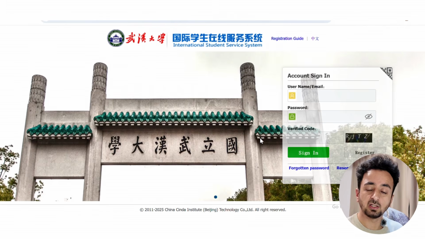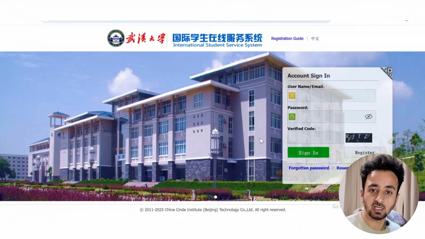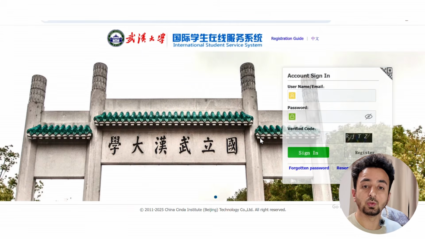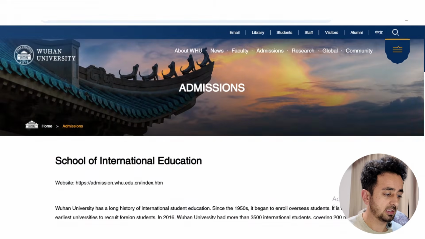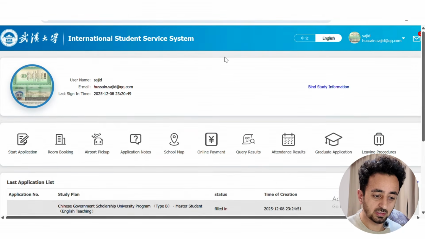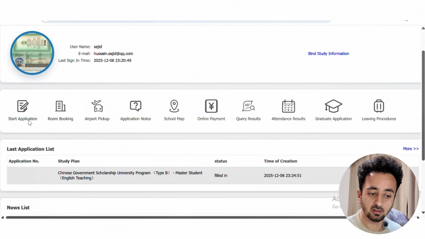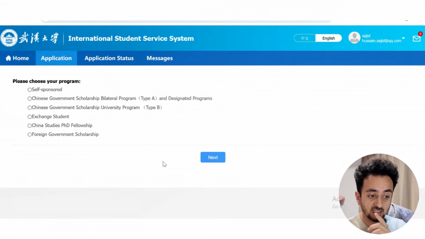Using your email address, you have to create an account on this application, and they will send a verification to your email. You verify and the account will be easily created. And next you will get this kind of application. You have here start application. You have to read. I have read and agree to all the information, and you can see here